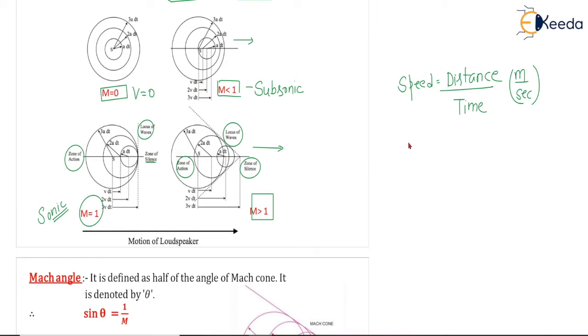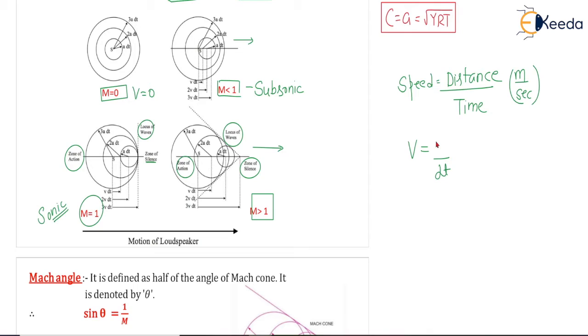So speed, let us say you can write v here, distance is your s, and time is your, let us say, dt, correct? Sometimes you can write s here for distance. A is not the distance here. A is the velocity of the speed of sound we are taking. Sometimes root c or a, correct? This c or a is equal to root under gamma RT. Depending upon different materials, they will use this symbol actually.